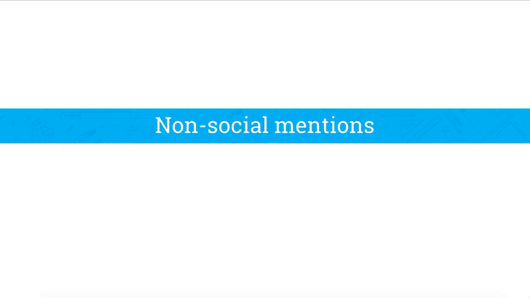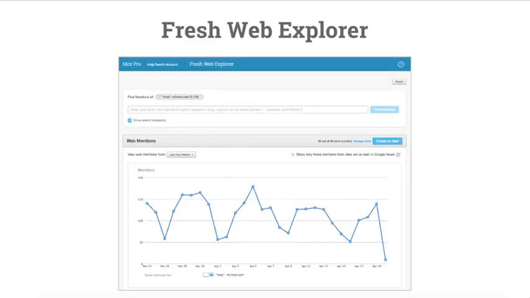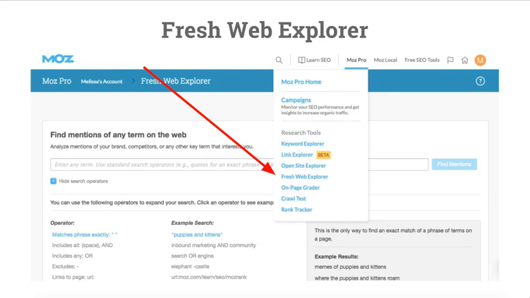Now, to find some non-social mentions, you'll use the Moz tool Fresh Web Explorer. And this will give you a list of mentions as well as mention authority, which is a good qualitative metric. So we want to see a list of mentions for our brand. So to get to Fresh Web Explorer, you'll click on that Moz Pro menu, and Fresh Web Explorer is listed